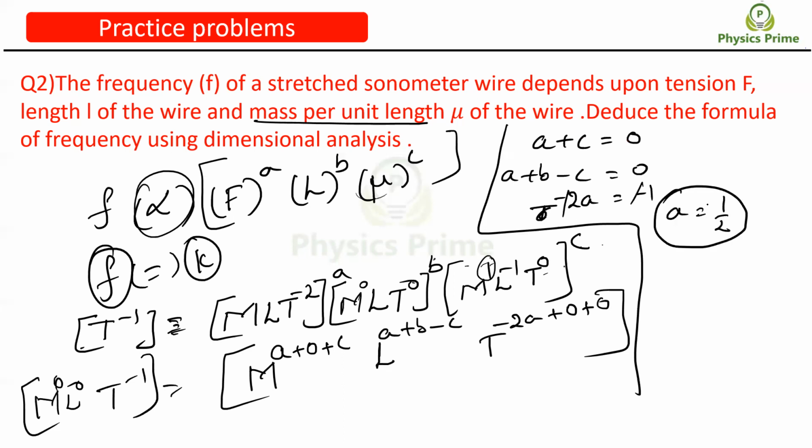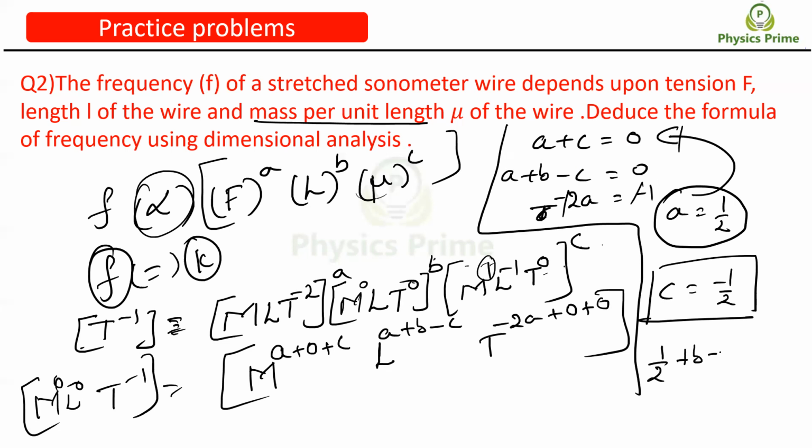Now we'll simplify that, sir. Substitute A is equal to 1 by 2 in this first term. That will become C is equal to -1 by 2, right? Yes. AC I got. Then can I substitute here? A is 1 by 2 plus B into minus C, which is -1 by 2, is equal to 0, right? Yes, sir. So 1 by 2 plus 1 by 2, that is 1, right? So B is equal to -1.